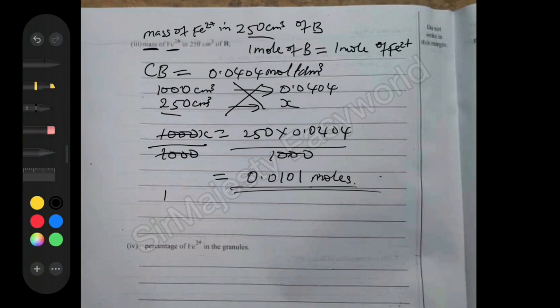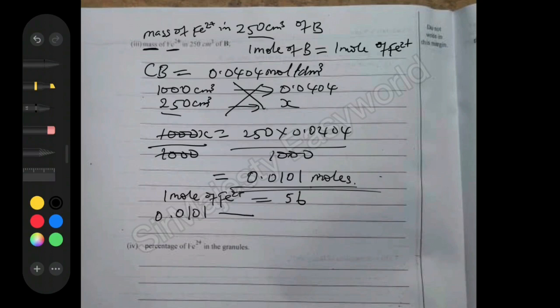Therefore, to convert to mass, 1 mole of iron 2 ion, remember that electrons don't contribute to the mass of a subatomic particle. Whether it's lost, because this charge shows that an electron has been lost, it doesn't change the mass. So the mass of iron 2 ion is the same as the molar mass of iron. So 1 mole of iron is 56, such that